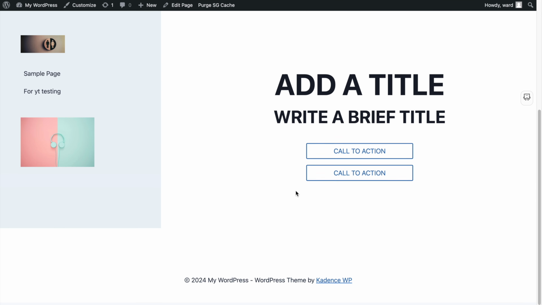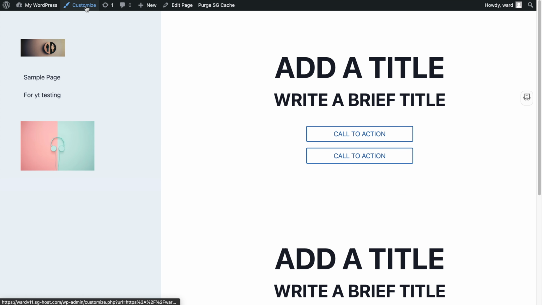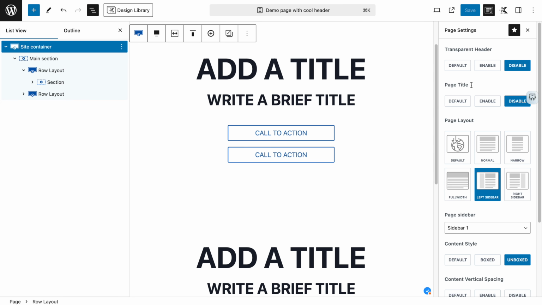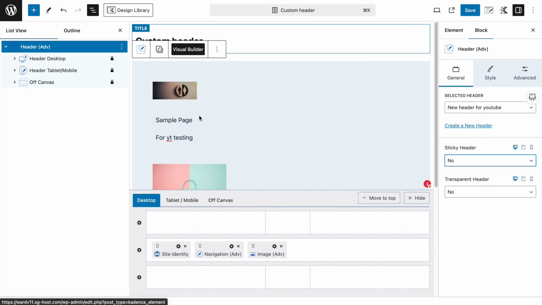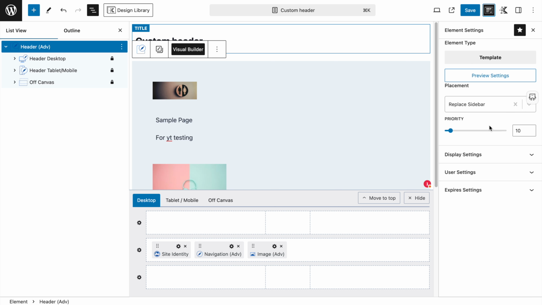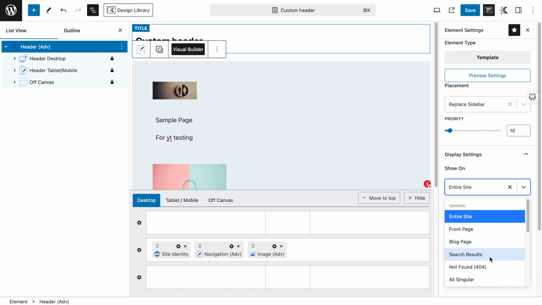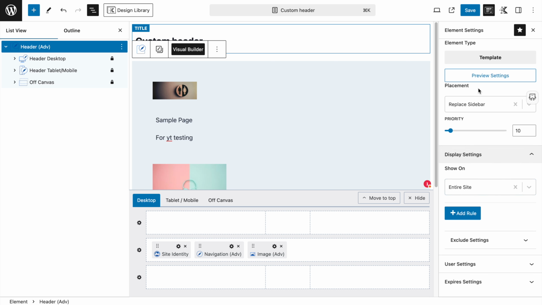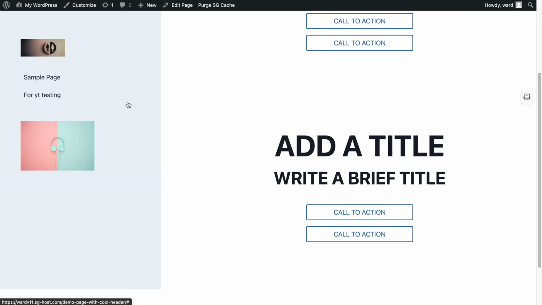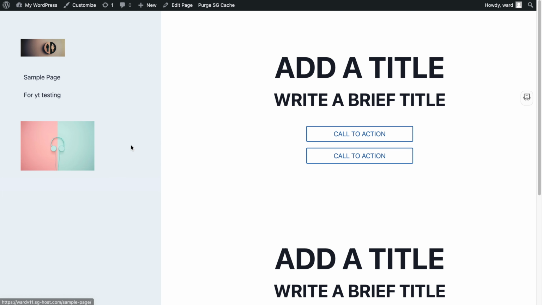Okay, so if you want to create a layout like this, you go to the customizer, you set a sidebar, or you do it in the page settings, you select the left or right sidebar, and then we create a new element where we imported our header block, and then we say we're going to overwrite or replace our sidebar. You can say entire site, or I only want this on the front page. So you can do this page specific, of course. It's not always necessary to do this on the entire site. And then you can make the sidebar sticky, like I've done now. And you can also